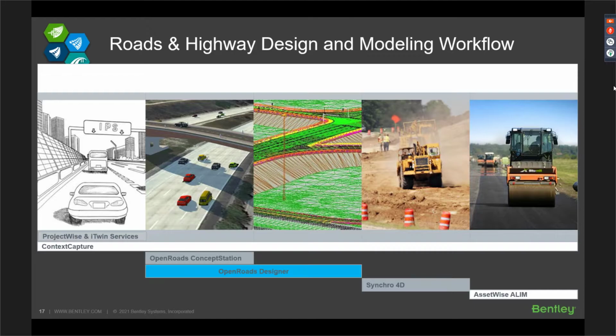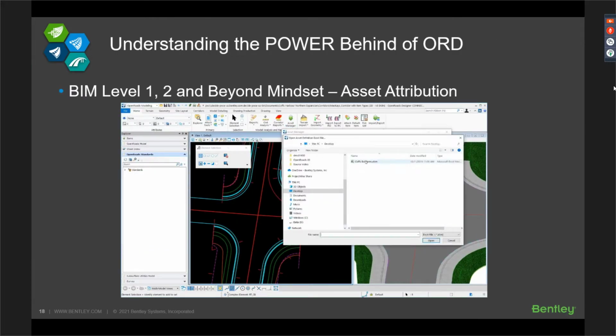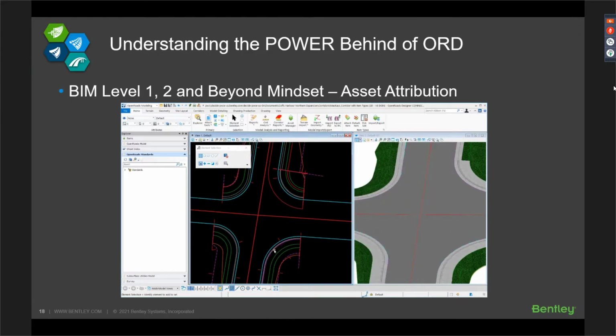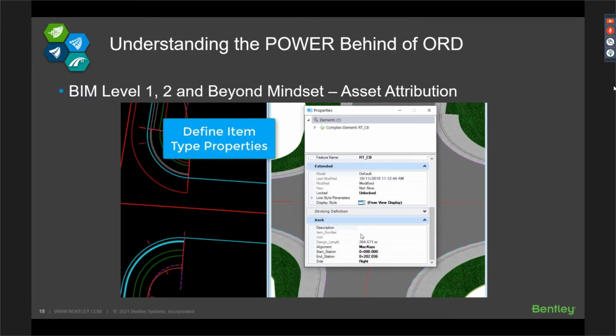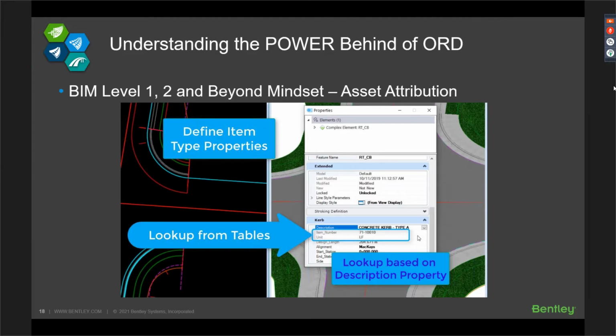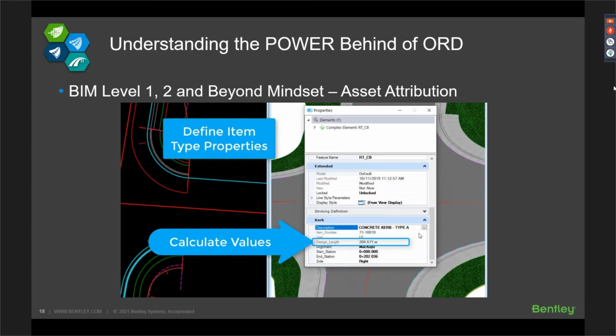stage. Now, as an example, how does OpenRoads Designer have this kind of mindset? So apart from its information modeling capabilities, OpenRoads allows you to assign or create asset attribution readily by creating customized real life information. Like for instance, what is being shown here, this is information that you embed on a curve,